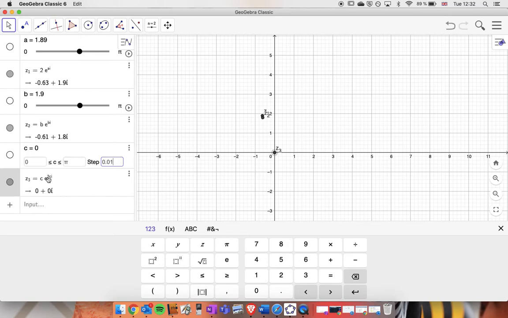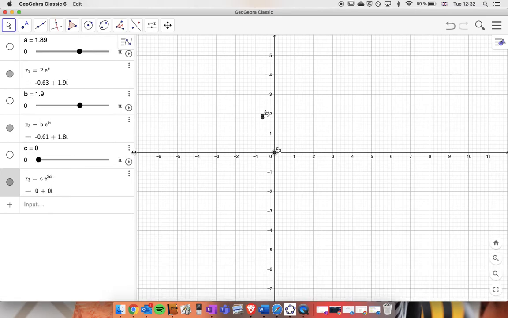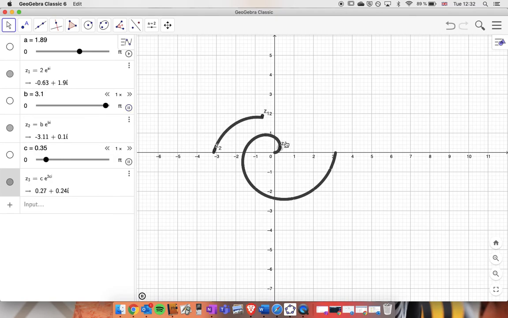This time the argument is changing twice as quickly as before. Okay, because we've doubled the argument, we're getting one full rotation. Let's see if we have the other one as well. As you can see, the spiral is going to stay a little bit tighter at the beginning, isn't it? Okay, so interesting to see different coordinate system in action, and obviously you could create some quite interesting images using polar